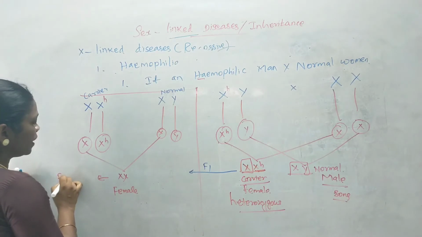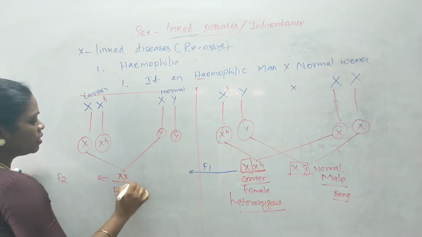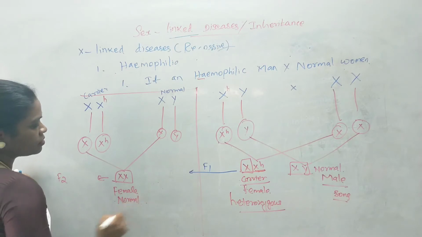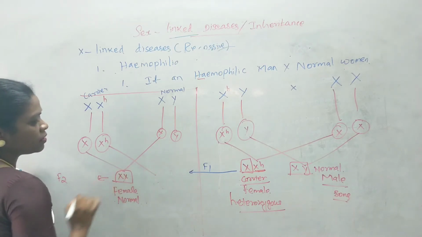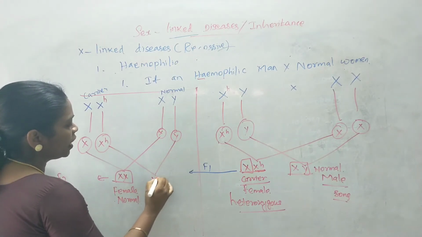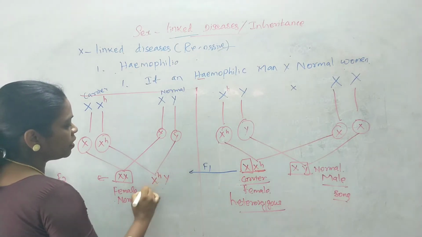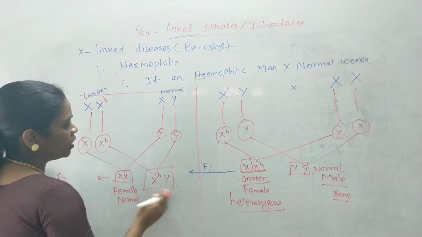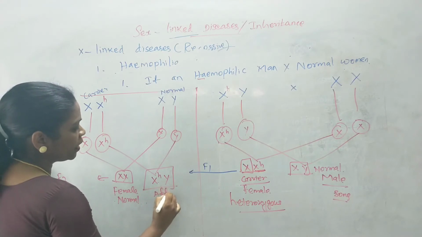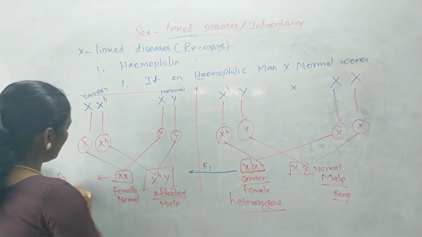And if these chromosomes are joined, that is the F2 generation. The female child will receive one X chromosome from the mother and one X chromosome from the father. So she will inherit a normal gene, so she will become normal. So the female is normal. And the son receives one X chromosome from the mother and one Y chromosome from the father, where one of the X chromosomes contains the disease gene and the other is normal. Y doesn't have anything to do with this kind of interaction. So what happens here? The son will exhibit, or will be affected by, the disease. So there is an affected male in the F2 generation.